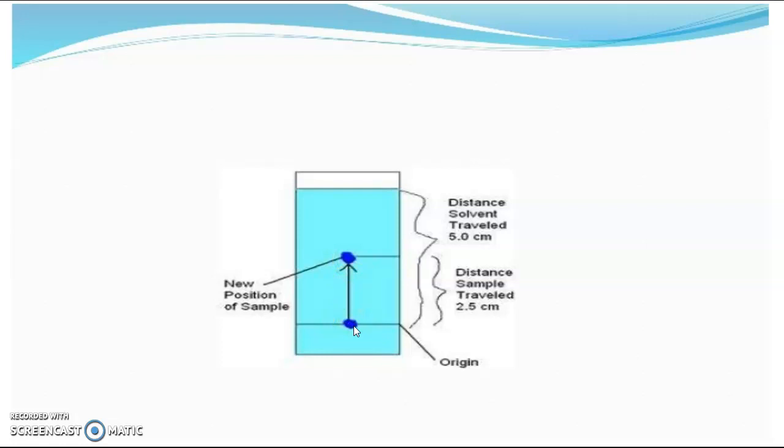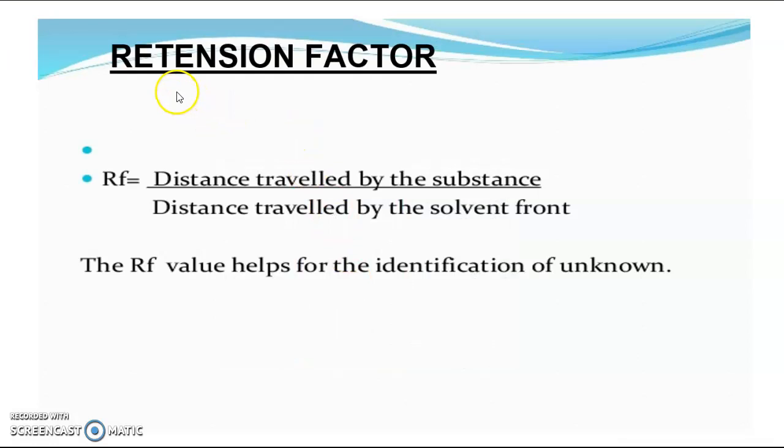Here, the main important factor is the retention factor. We are calculating the retention factor for identification of unknowns. We have a standard RF value of a mixture. So after carrying out the process, we can compare the RF values and determine which is component A and component B. Okay. RF is equal to distance traveled by the substance divided by distance traveled by the solvent